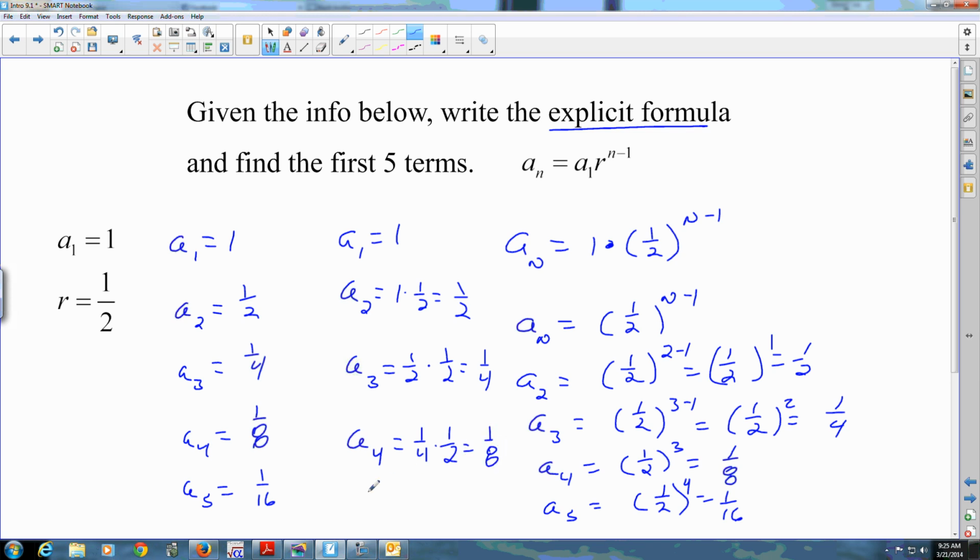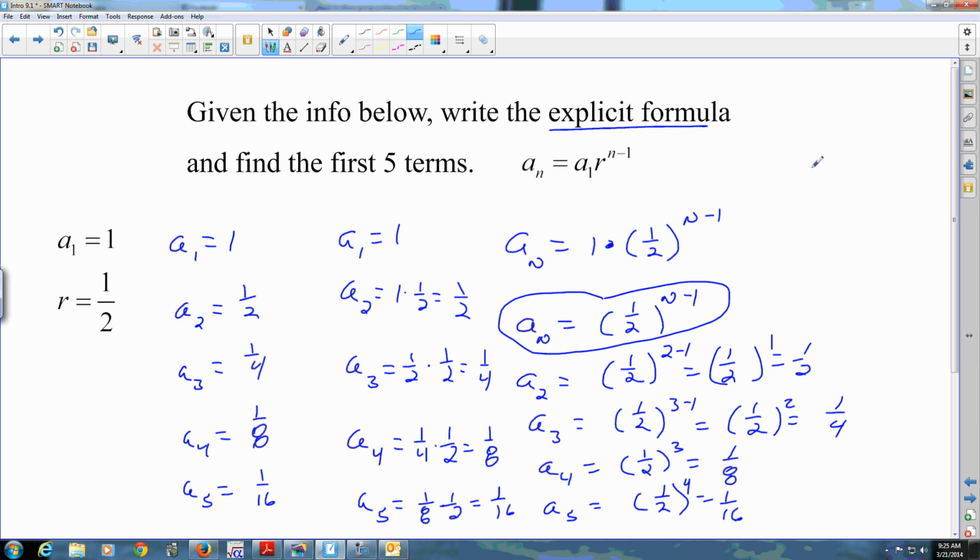I'm taking the prior term and multiplying it by the common ratio. So in a situation like this, you could just continue to multiply the previous term by the common ratio. That's recursively. You had to know the previous term to get the next term, or you could do it explicitly